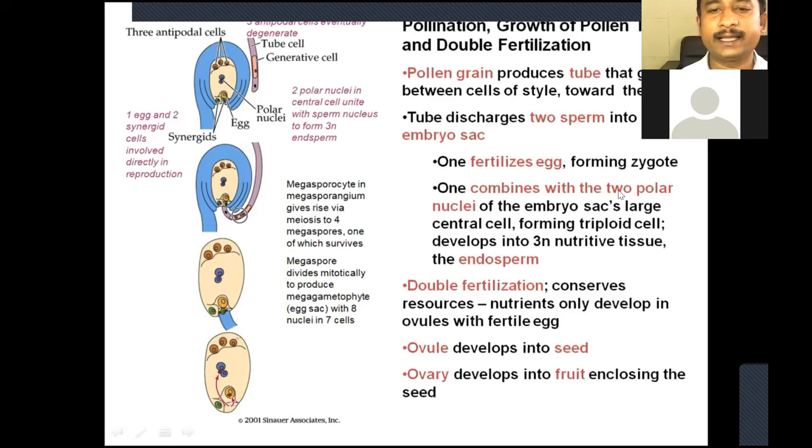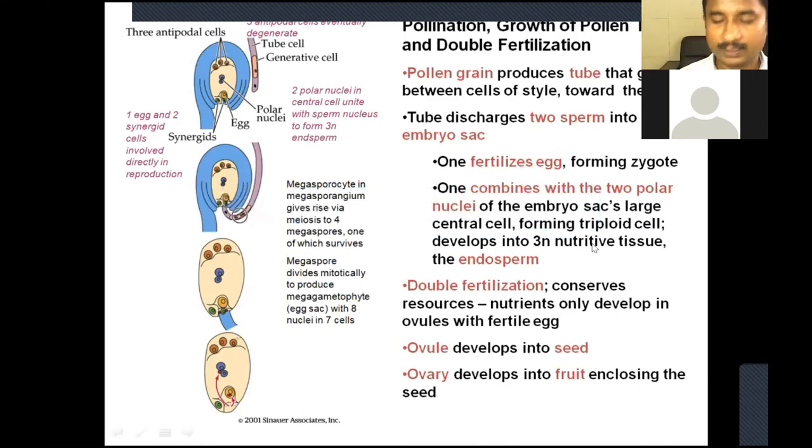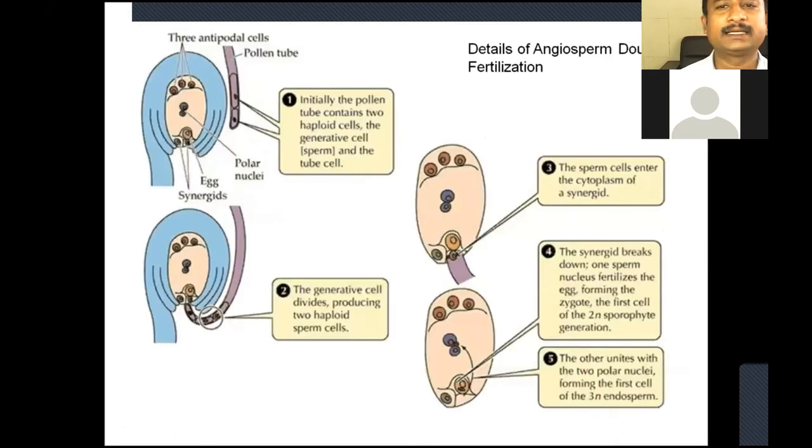The polar nuclei, after combination, is called endosperm. In the seed, as we know, there is an endosperm and there is a zygote. How do these 2 develop? You just remember these 2 points. That's all. And the same thing I have detailed here in the double fertilization. How does it happen? There are synergids too. There is an egg, there are the polar nuclei, and there are 2 pollen.